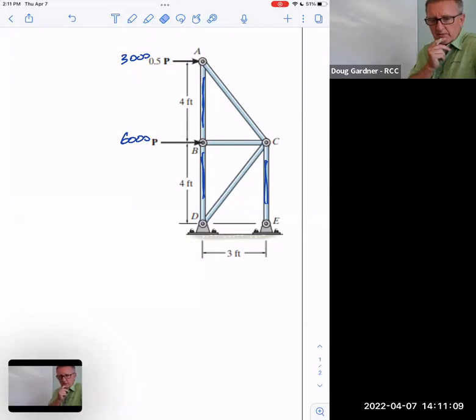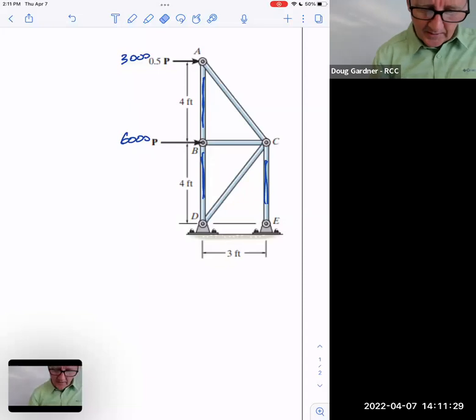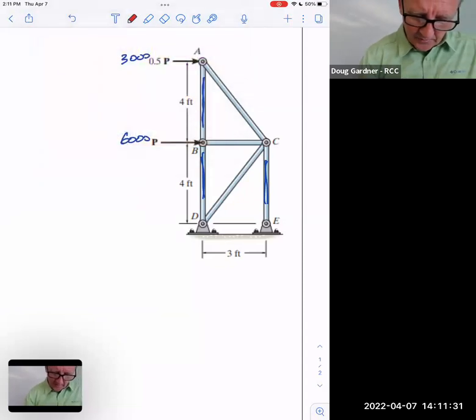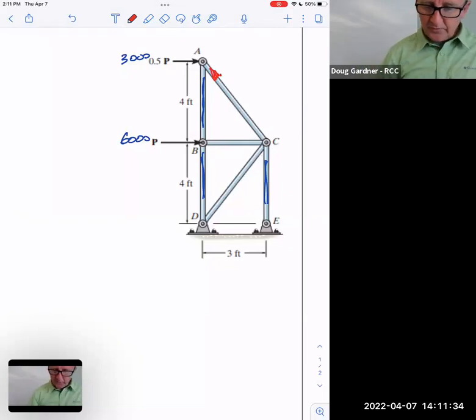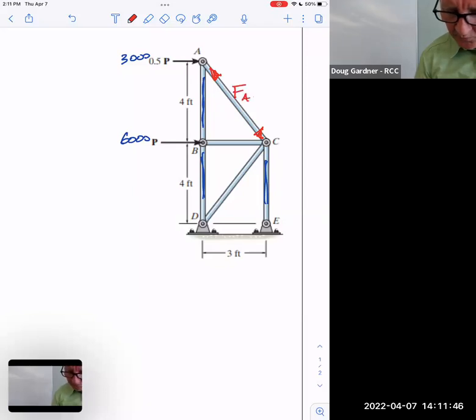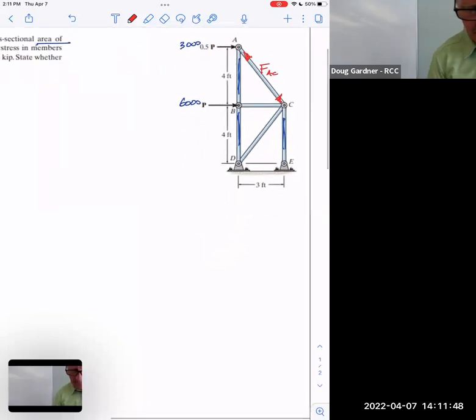is kind of nice. So one of my first thoughts is, does the method of sections allow me to get over someplace without having to do everything? I'm not really sure. But just like last time, notice AB appears to have no force on it at all because 3,000 is pushing to the left. To get this thing to stay static, I'm going to have to push back on that, and this bar is going to have to do that work. As a result, it's also going to push up, just like the last problem. So we'll at least start this, but this will allow me to get you out of here on time for a change. So if I call this force of AC,